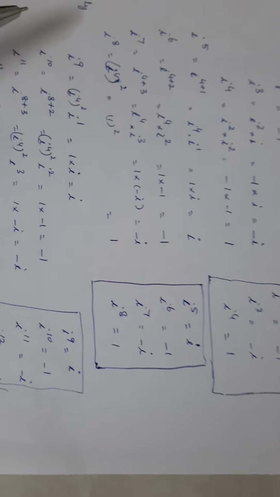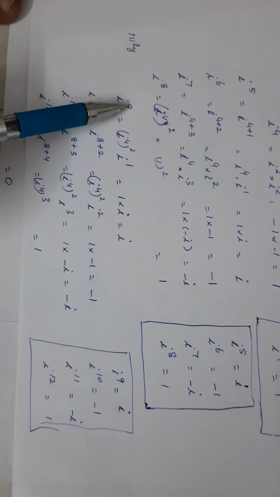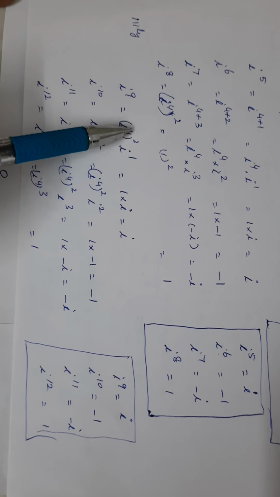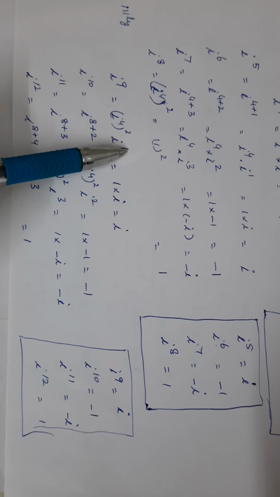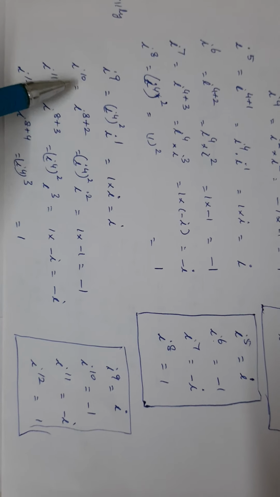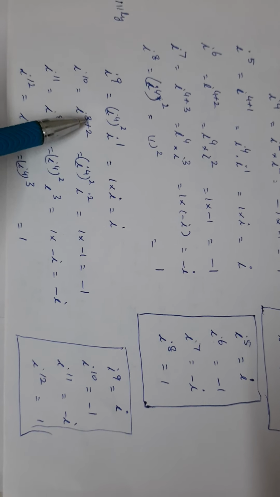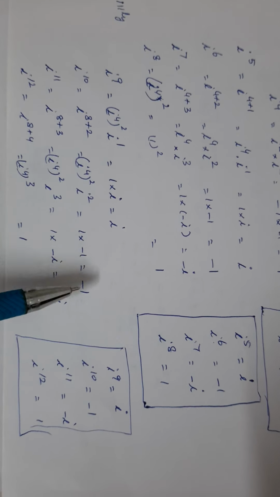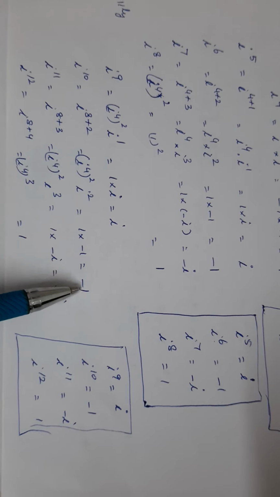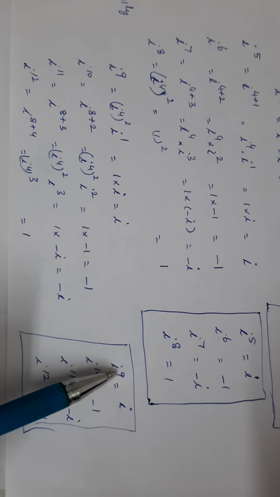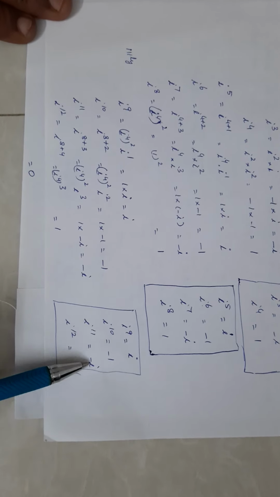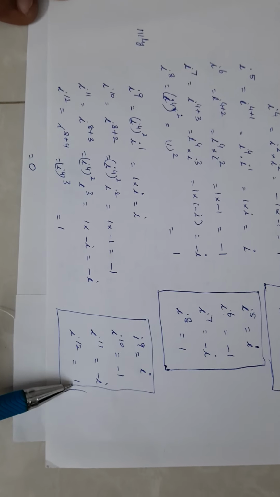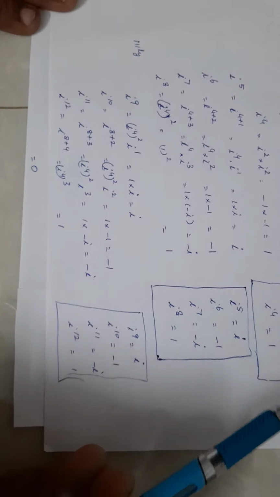Again let us see, similarly what would be I power 9? I power 8 is I power 4 the whole square, so it can be split as a multiple of 4 plus 1. So 1 into I, that is I. I power 10 is again multiple of 4, 8 plus 2. So I power 4 the whole square, it is obviously 1. 1 into I squared is equal to I squared, that is minus 1. Similarly, we have I power 9 is equal to I, I power 10 is equal to minus 1, I power 11 is equal to minus I, I power 12 is equal to 1. So the same 4 values get repeated.